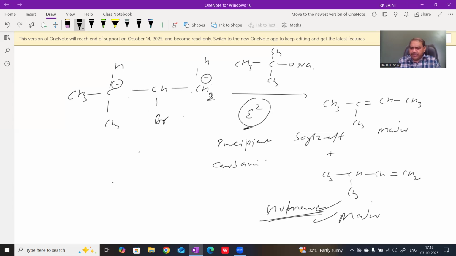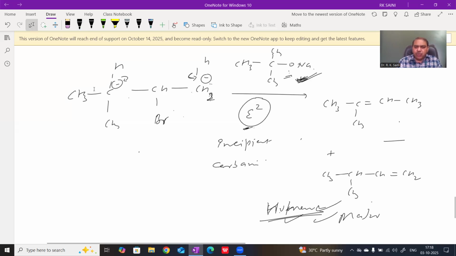The Hofmann alkene is the major product and the Saytzeff alkene is the minor product in presence of sodium tertiary butoxide. The substrate is the same, but we check a different base. Sodium ethoxide is a simple normal base, E2 mechanism with mainly alkene character. But sodium tertiary butoxide is a very strong base. Therefore, removal of the proton comes first, and according to the stability of the carbanion, the major product is the less stable alkene, known as the Hofmann alkene. Okay, and these are the examples of the E2 mechanism. In the next class, we further